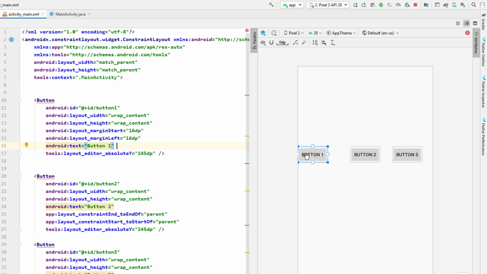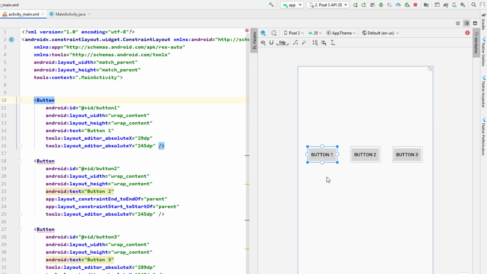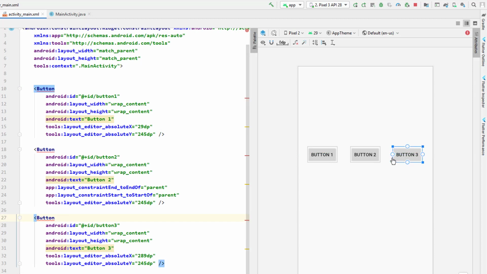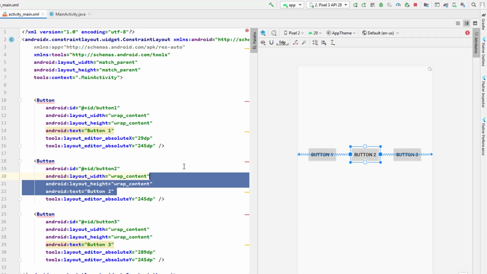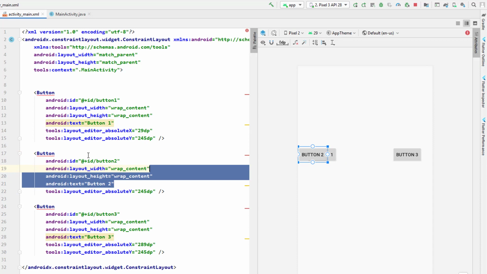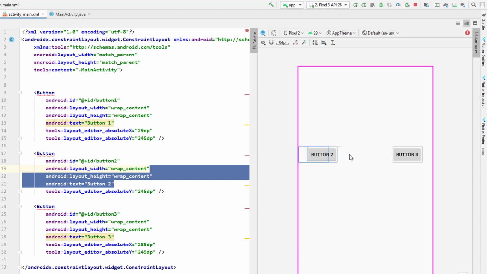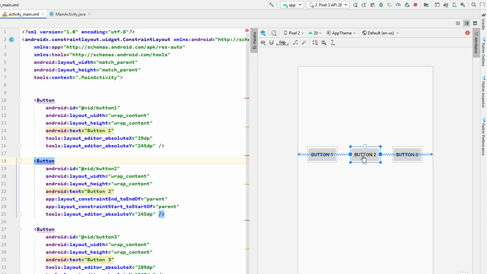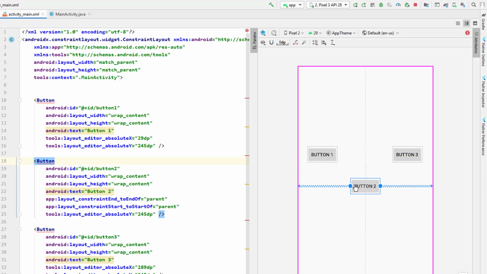So what we're going to do is make these buttons relate to themselves, not to the container. Previously we were relating them to the parent container, but right now we want this button to be responsive according to the position of other buttons. To do that, let me first remove this constraint. This constraint is automatically given to themselves. Okay, so let us begin. I'm going to make one button depend on the other. For example, this button, I'm going to make it depend on